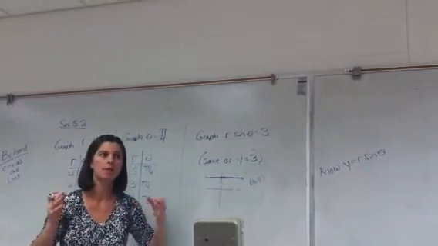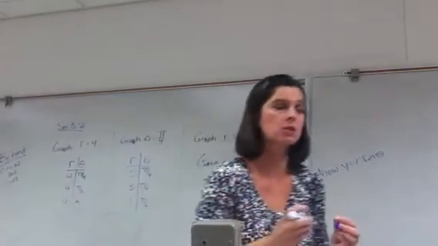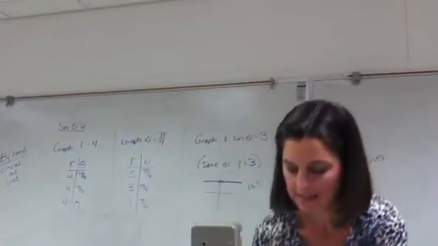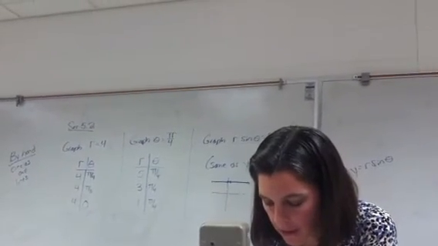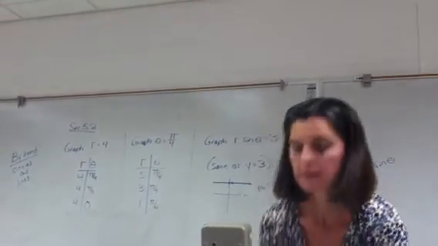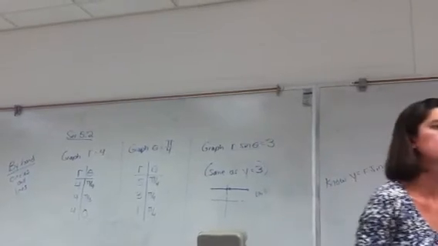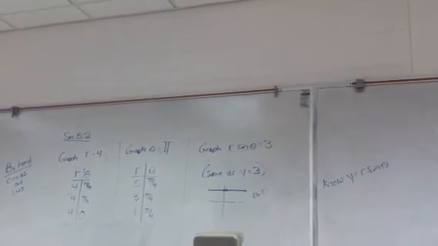Okay? The picture of the points doesn't change. The description changes, but the points themselves stay in the same place. So I'm going to come in here and I'm going to draw my line, and I'm done. Okay? So you're going to use that one point to sort of locate it, to figure out where it is. But the graph